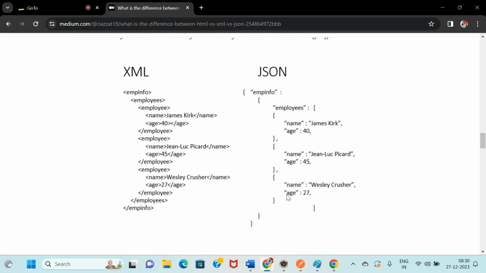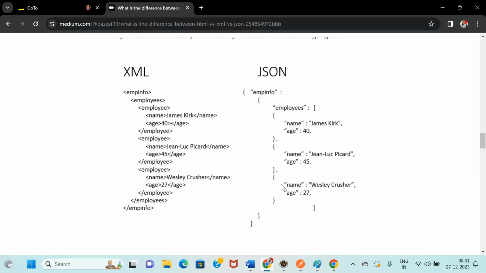In a similar way here also, if it is having a complex structure, with so many tags, then while transferring and storing the data, it has to iterate through each and every tag. So in order to iterate through each and every tag to store the data we are providing, it will consume more time because of its complex structure. But here it's simple.